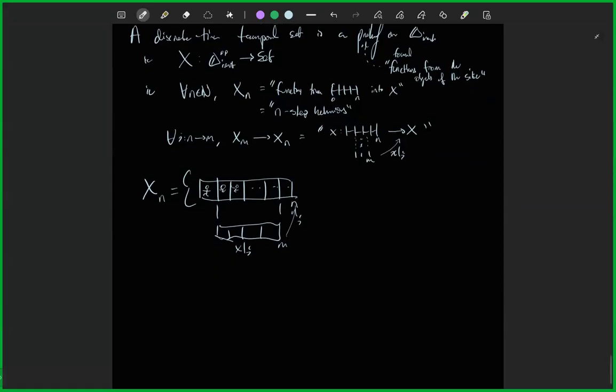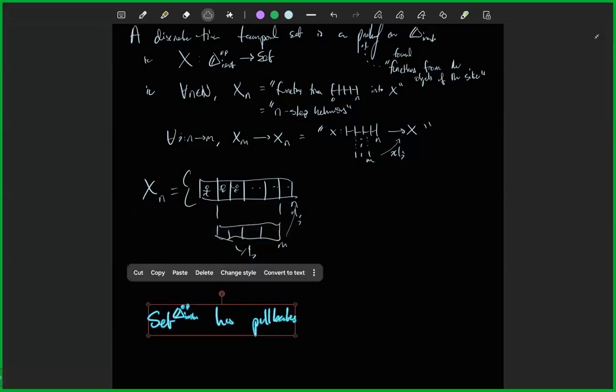Okay, so let's see some examples of where we would get some of these. My claim is that one thing I'll say is that set to the delta inert op has pullbacks. Any pre-sheaf category has pullbacks, and the pullbacks are computed pointwise, which means we just do it for all n at that time. Maybe I should say what a map is of these things before we do that. So a map